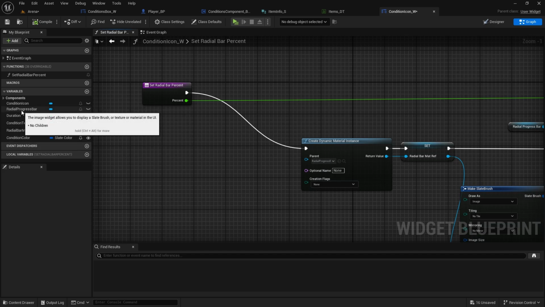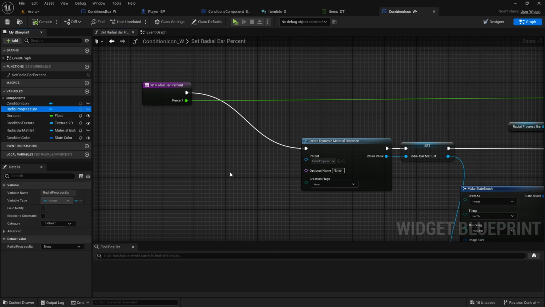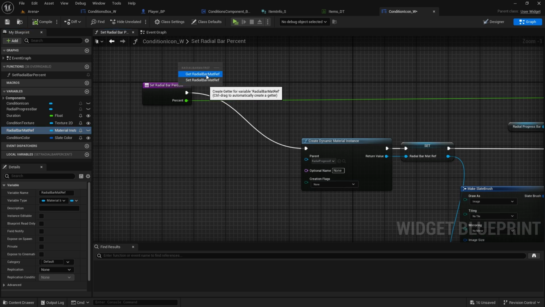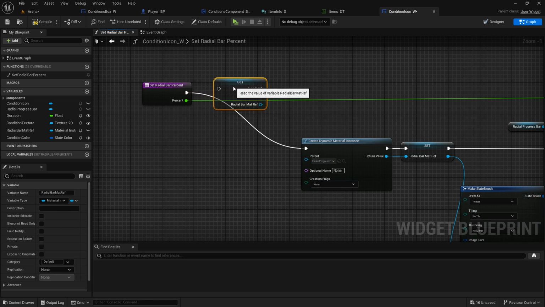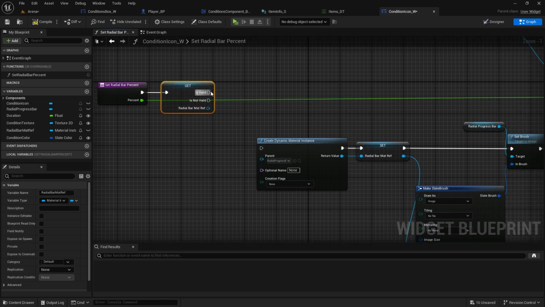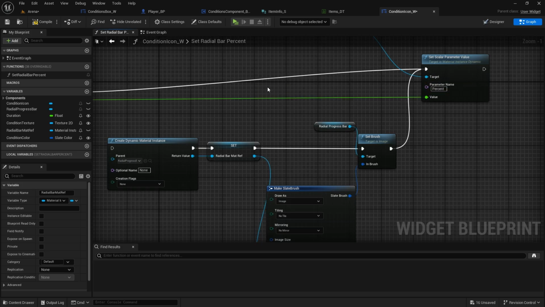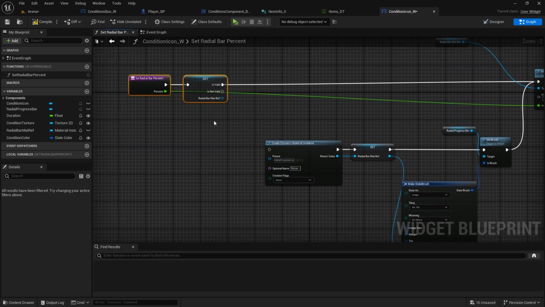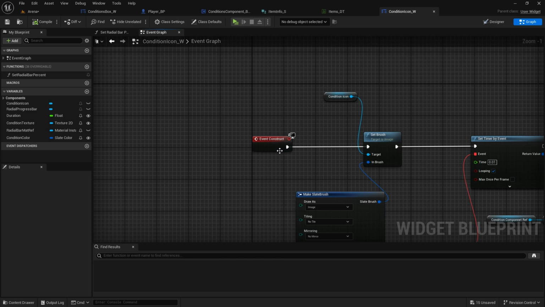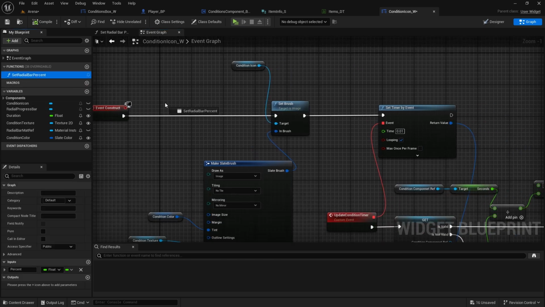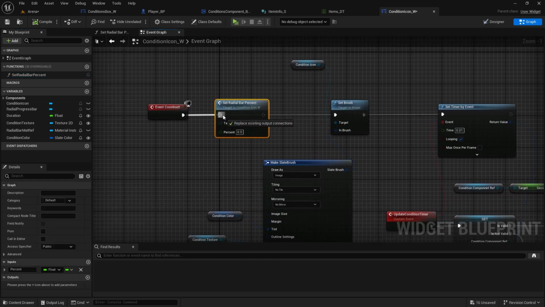So we're going to reference this one, radial bar material reference, get it, right click, convert to validated get, and if it's valid, so if it's already created, we're just going to set the percentage of it. But if it's not valid, we're going to create it. Okay, compile and save. And now in the event graph we're also going to set it at the beginning, so it will create that material instead of waiting for this timer,